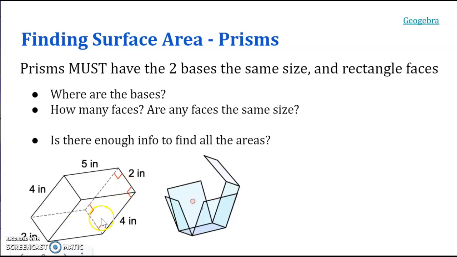If I consider those two to be my bases, then the face on the back, 2 sides, and the face at the front. Okay, so this is my pull apart of that. So we have 2 opposite sides and I can pick the 2 and 5 as my base. I could have picked 2 by 4. I could have picked this side and this side. It does not matter. It will all work out to be the same. How many faces